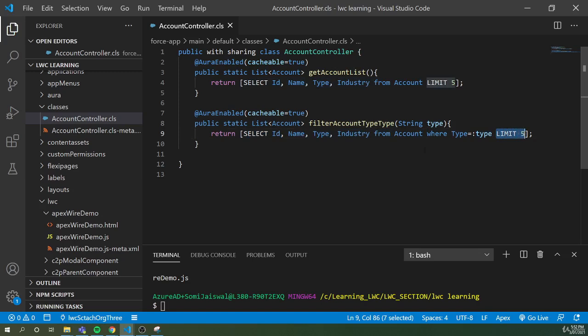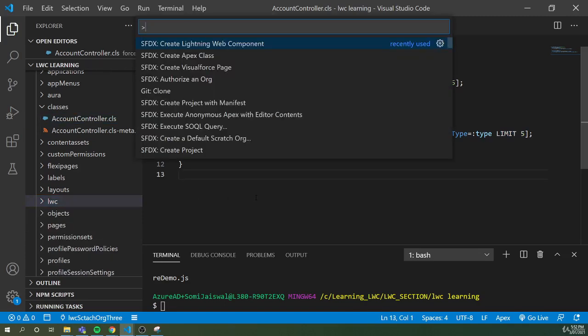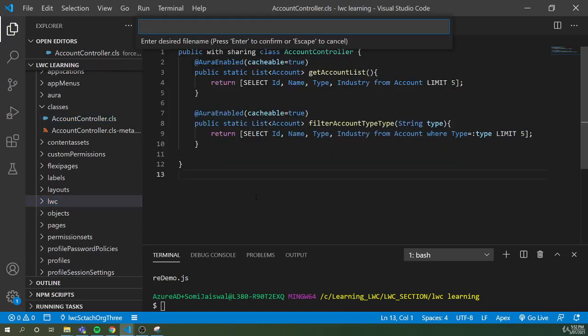So let's go to our JS LWC folder and let's create another component here. We'll call this component name is wireApexWithParams,